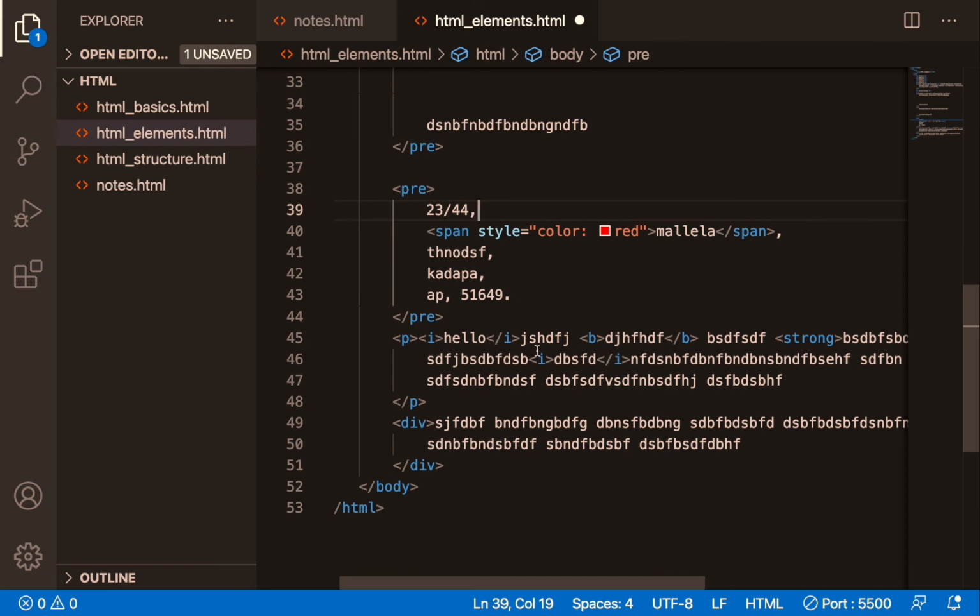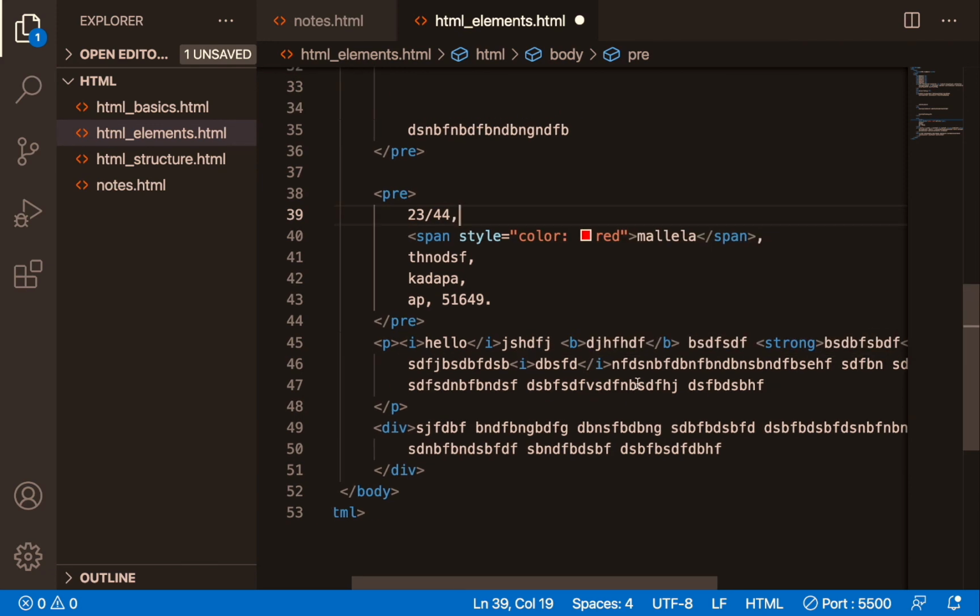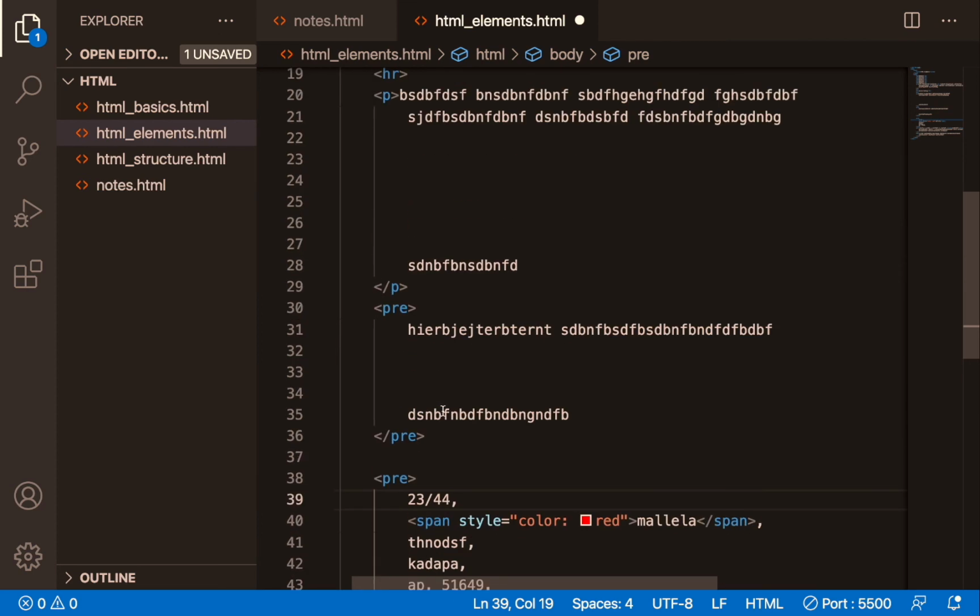And italic, bold, strong. Bold and strong are useful if you want to highlight some keyword or word a little bolder. Italic will make it an italic font. Div is also similar to paragraph. You can write multiple lines or multiple keywords in it. The only difference between paragraph and div is that for a paragraph, top and bottom space will come, and for div nothing like that will come. That is the only difference.